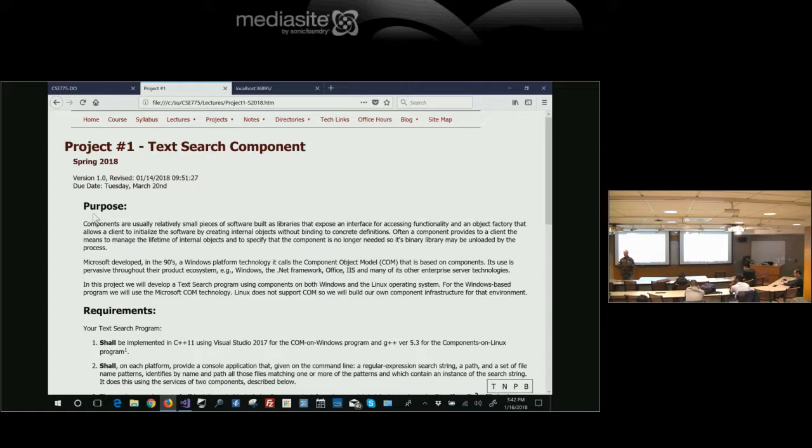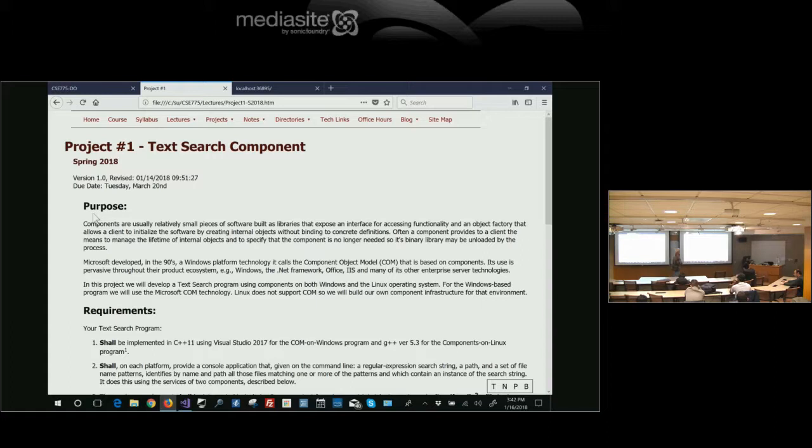But Bristol and Microsoft got into a legal battle, some really hard feelings, and so that was abandoned. As far as I know, COM technology doesn't exist on any platform other than Windows. But if you're going to be a professional developer, chances are pretty good you're going to spend at least part of your career developing on Windows, and so I think COM is really important for you to know.